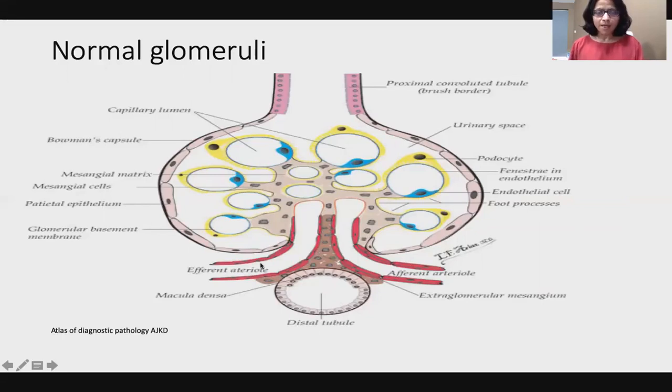A normal glomerulus contains a hilar pole and a tubular pole. At the hilar pole, you have the afferent and the efferent vessels. The afferent vessels enter and divide into multiple lobules which contain mesangium and capillary loops. Capillary loops are very patent, lined usually by a layer of endothelial cells, and these rest on the basement membrane, which is capped by podocytes. So the filtration unit is this little capillary loop. Whatever filtrate passes goes into the urinary space and then onto the tubule.